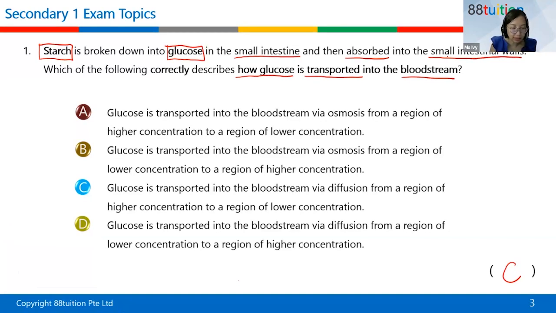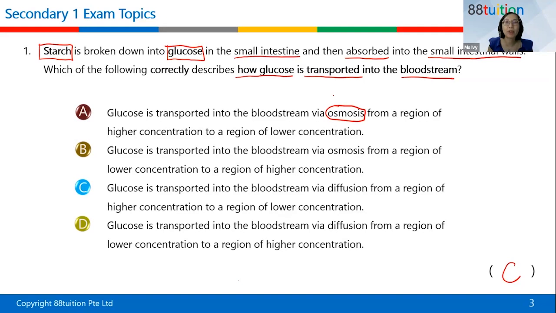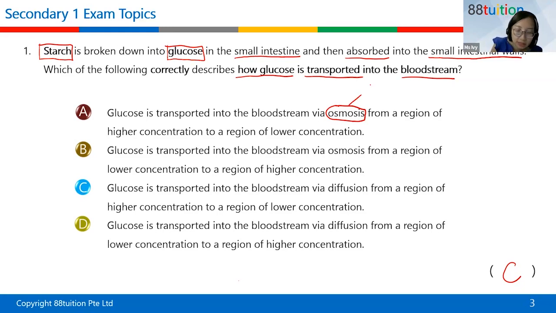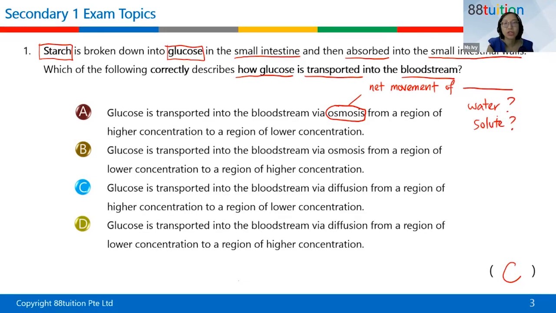Okay, so over here, first of all, you look at the word osmosis. Whenever you see the word osmosis, can you tell me, osmosis is talking about movement of, is it movement or what? Can you type in the chat? Osmosis is a word that's reserved for who? Osmosis is movement of what? Is it movement of water or is it movement of solute? So osmosis is the net movement of what? Can y'all type into the chat? Is it movement of water or is it movement of solute? Can you choose? Not sure, just write not sure, don't need to guess.